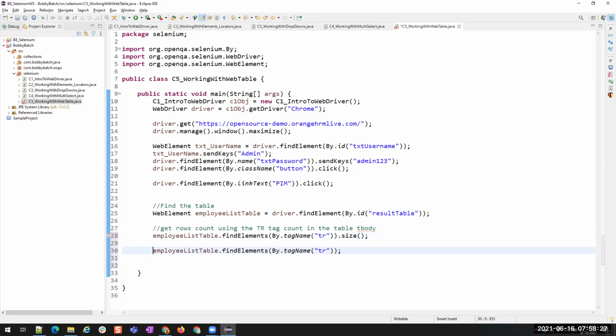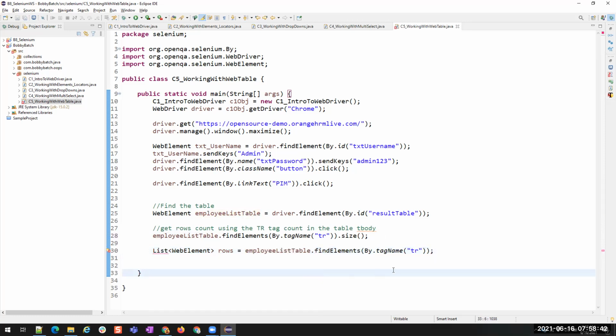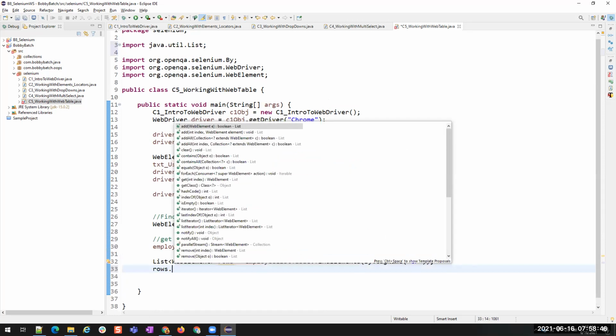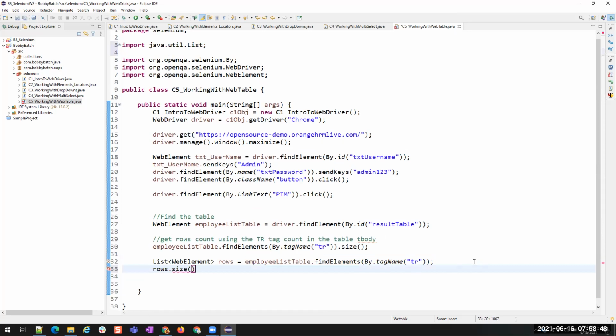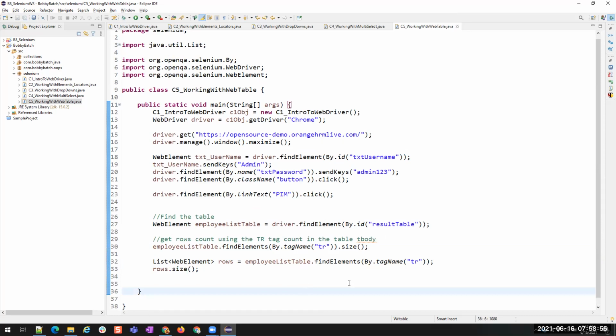We will store it in a List of WebElements called rows. Now I will import this List from the java.util package and then I can use rows.size(). Instead of writing like this, I'm writing like this. Understood?